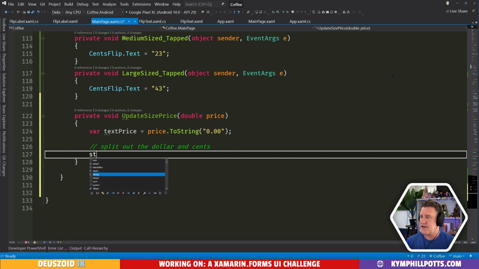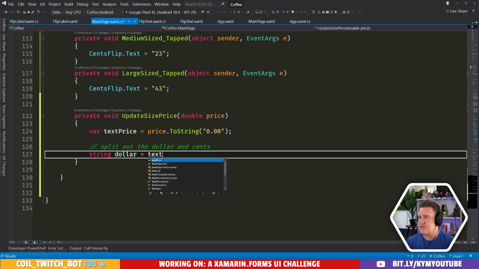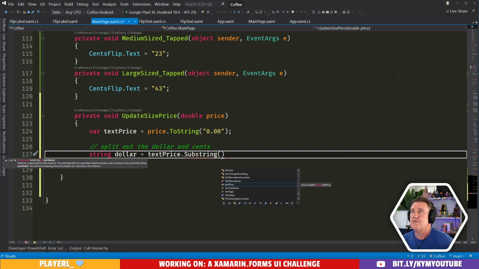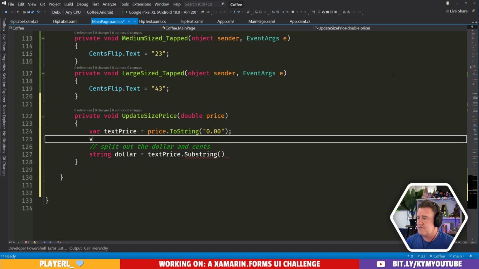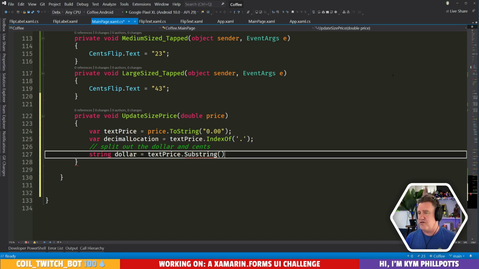So let's do this. This is where we're going to do stupid substrings, which always drive me crazy. We need the decimal location. And we'll do some brave non-defensive code here.